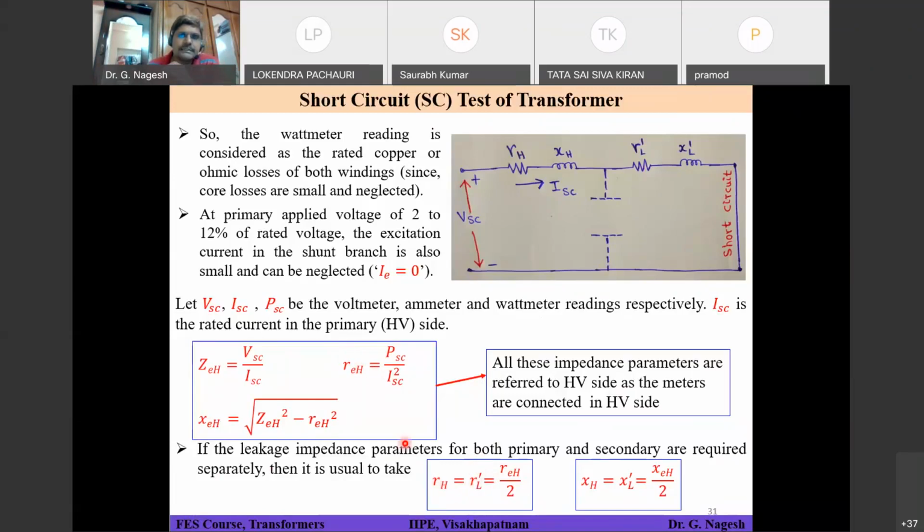Right. So we are assuming that those two will be approximately equal. Okay. Because now they are referred to one winding on the primary side. So RH is equal to RL dash is equal to REH divided by 2. Okay. It is not RL, it is RL dash. Yes, sir. Got it? Okay, sir. Sir, it is an assumption only. No, actually, it will be approximately equal to this value only. Okay. It is not like an assumption. Okay. Because